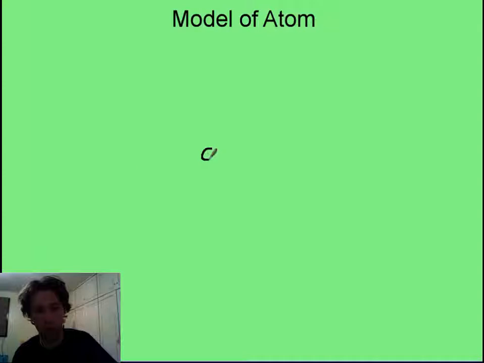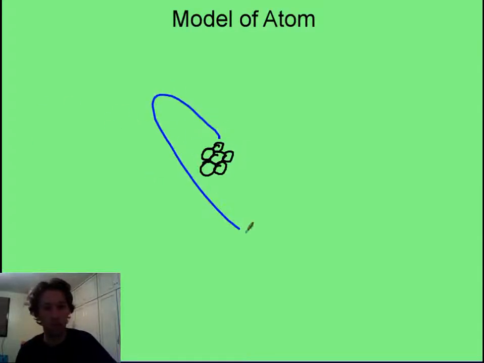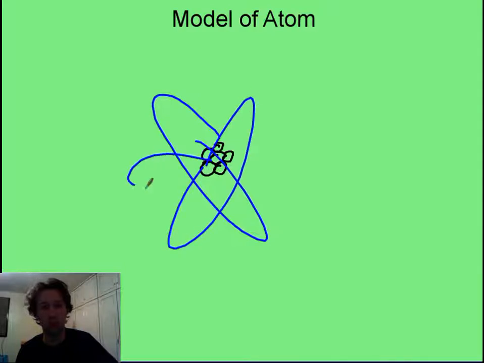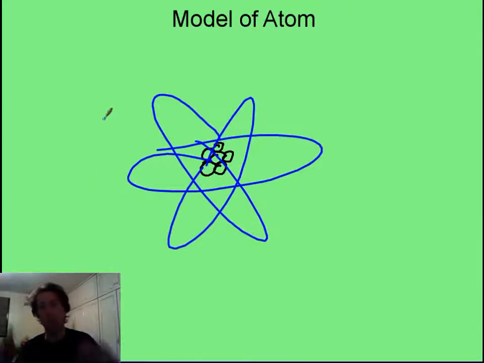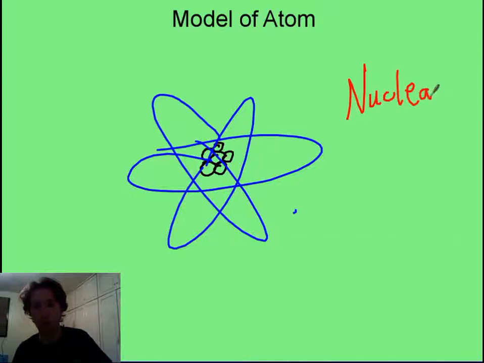Now, look what I'm going to do. I'm going to draw a nucleus here with some protons and neutrons in it, and then I'm going to draw some crazy electrons orbiting around here. Now, this isn't really what an atom looks like, but it's not the worst model ever. In the late 1800s, no one had any idea, even your smartest person didn't know that this was a reasonable model of an atom. And a few things that you need to know about this model is that the nucleus,